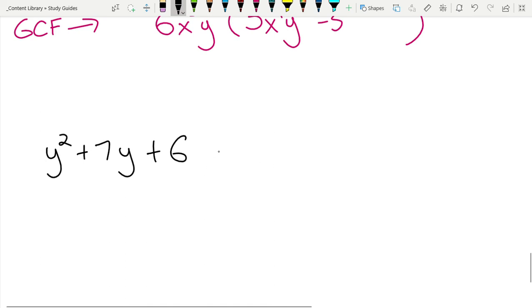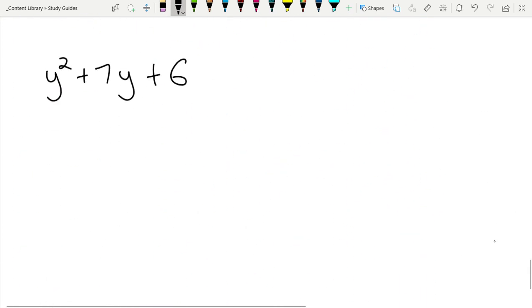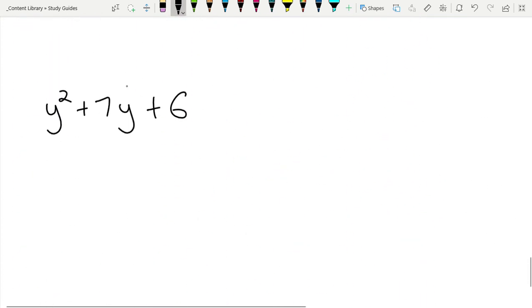No, because remember, factor by grouping has to be 4 terms. And then for these diamonds and big diamonds, it always has to be an x squared, x, and a number. And then difference of squares always has to be a subtraction of 2 things being squared. So we don't have GCF, but we do have a diamond because we have a y squared, y, and then